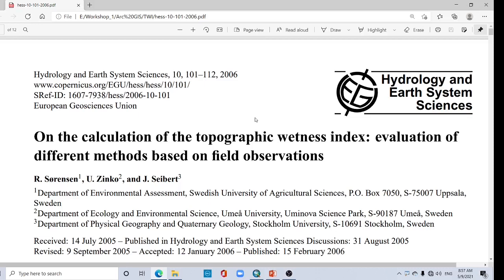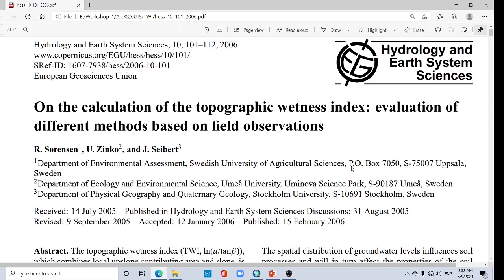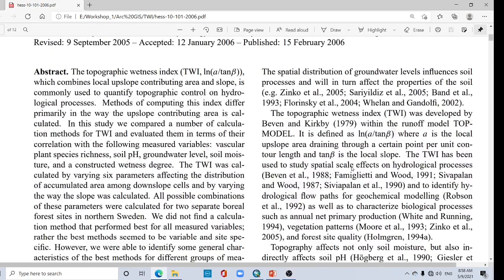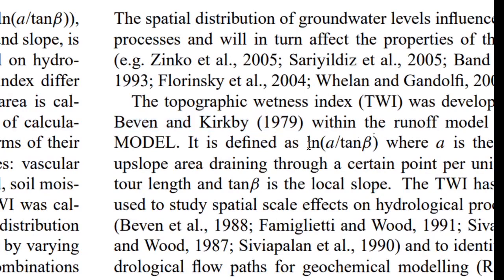Hi viewers, in this tutorial I am going to discuss how to calculate topographic wetness index using ArcGIS. You know, topographic wetness index is a topographic control on hydrological forces. It was introduced by Beven and Kirkby in 1979, and this is the formula: ln(alpha